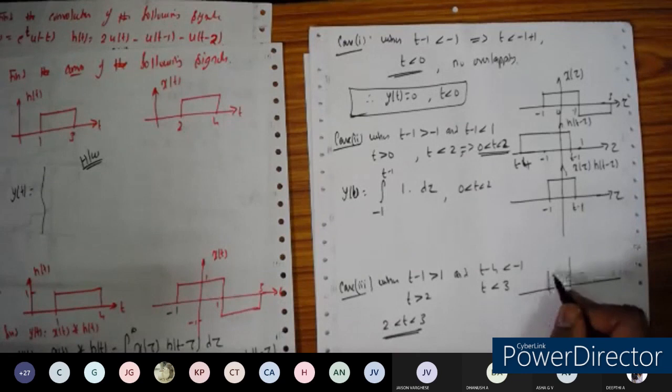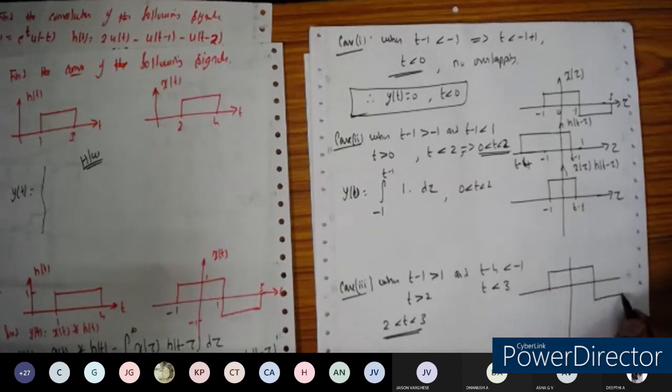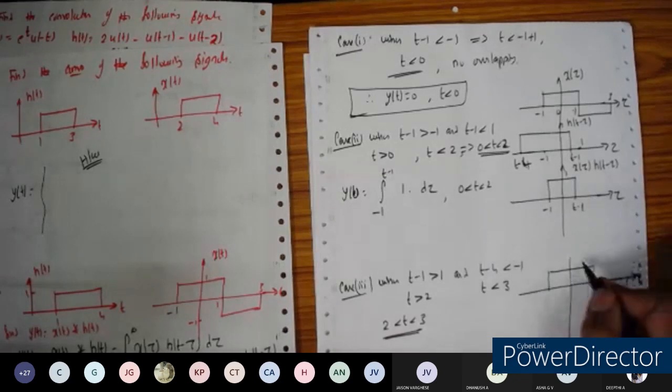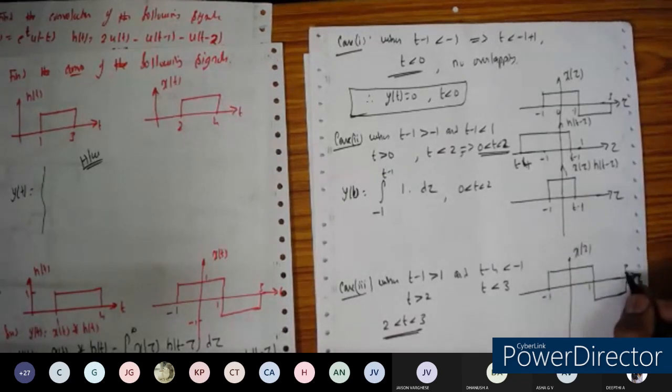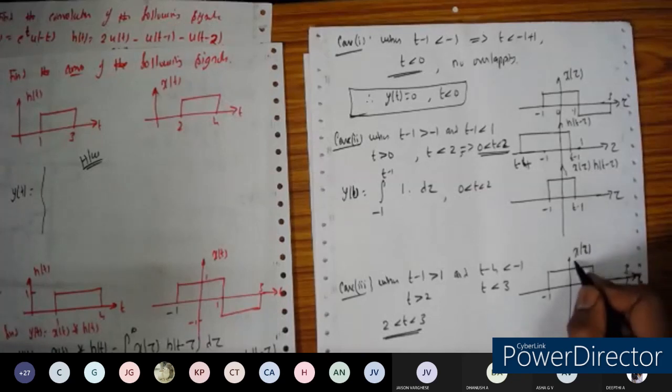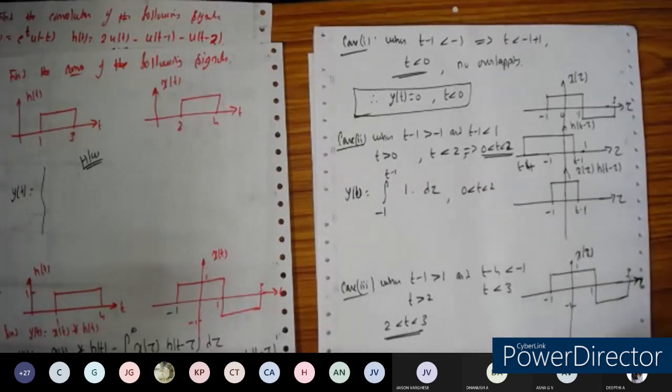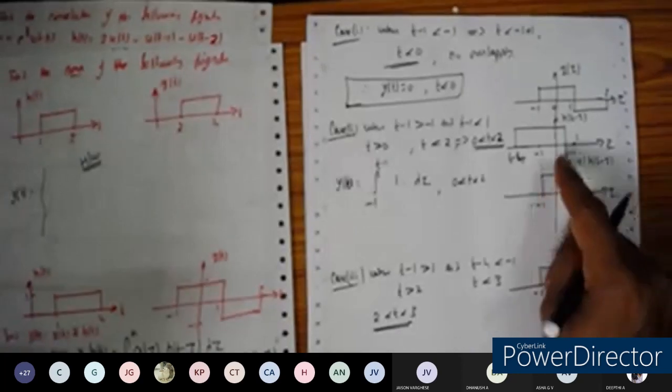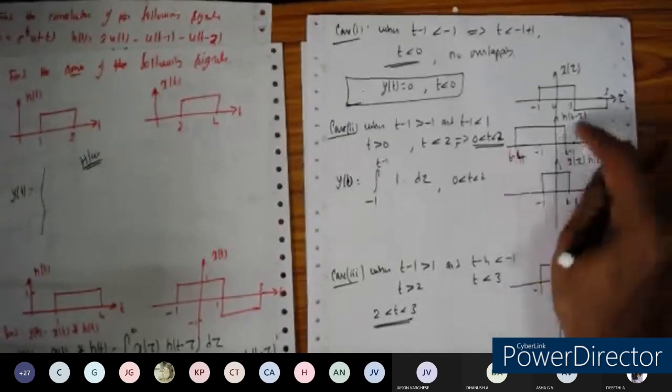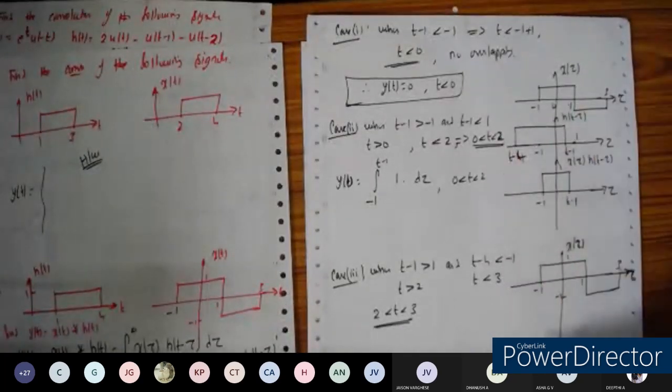So I'm going to draw the waveform for x of tau. This is tau. The time interval is from -1 to +1 and to 3. So this is 1, and this will be -1. The other one is h of t minus 2, which I'm going to move. Some part I'm going to move towards the negative time interval, and some part I'm going to retain here, since it has a width of 3.